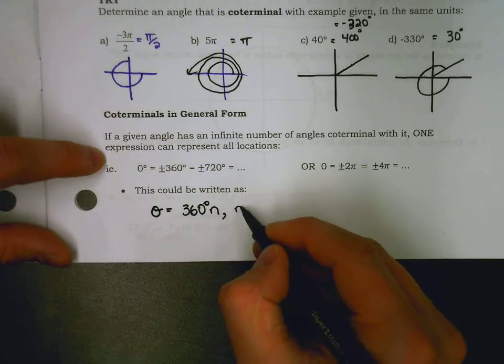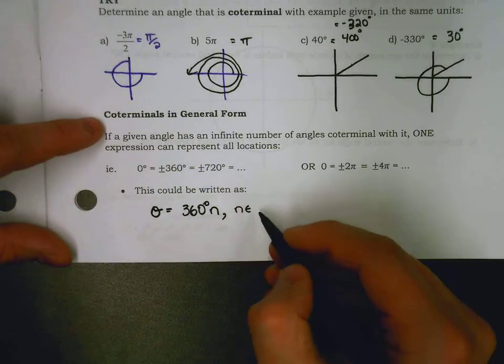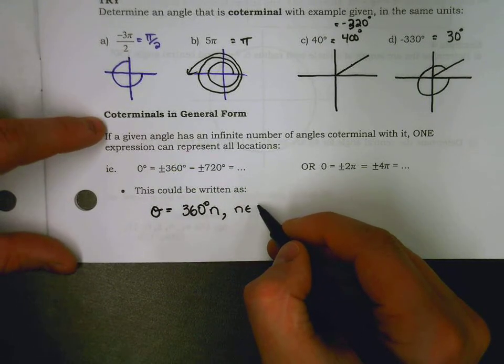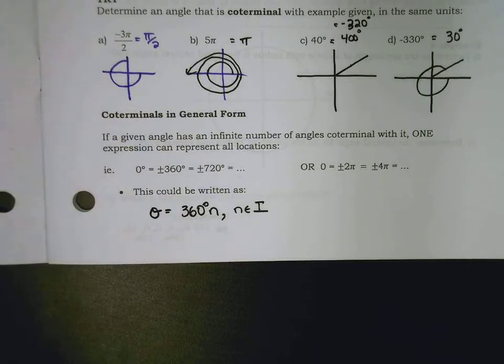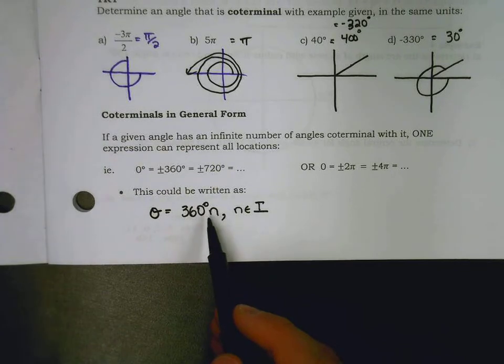Maybe we'll say every multiple of 360 where we're multiplying by not a decimal or a fraction, but by an integer. So if I multiply 360 by 0, I get 0. If I multiply 360 by 1, we get 360. If I multiply it by 2, we get 720. By doing negatives, we just travel in the negative direction, and we can talk about all angles